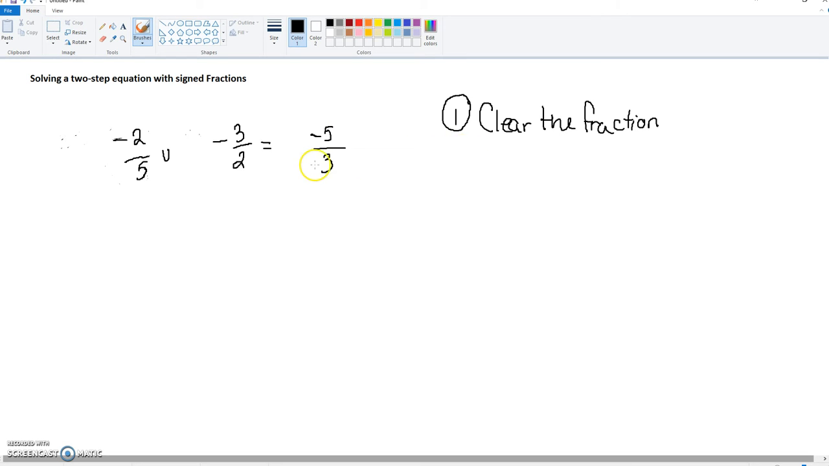In order to do this, we need to look at each of the denominators. In this case we've got 5, 2, and 3, and we need to find a common multiple between the three of them. Sometimes it's not very easy to identify, so what you could do is multiply each of the denominators together, as long as you don't have a double. Sometimes you'll get big numbers. In this case, we're going to take 5 times 2 times 3,